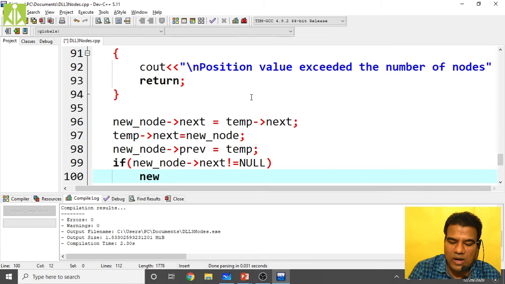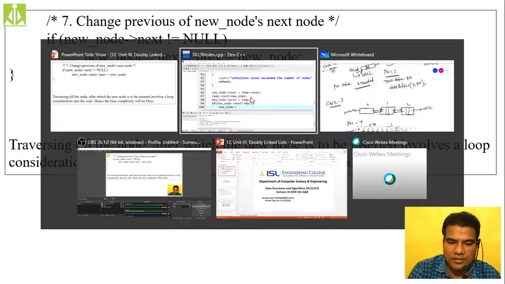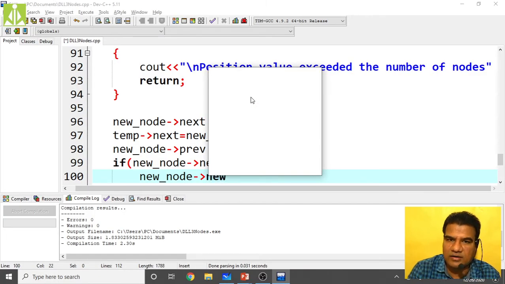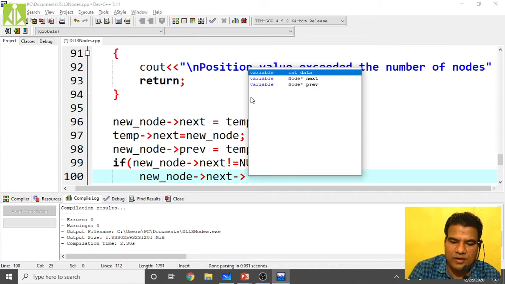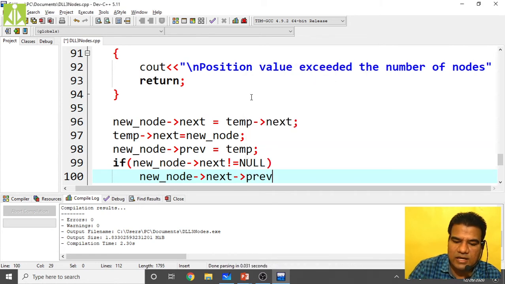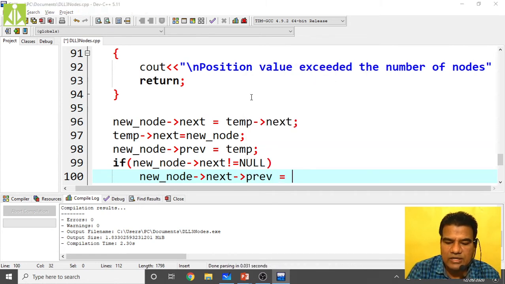So new underscore node of next of previous, or temp of next of previous, like that also you can say. Next of previous, it should be what? It should be new node only.